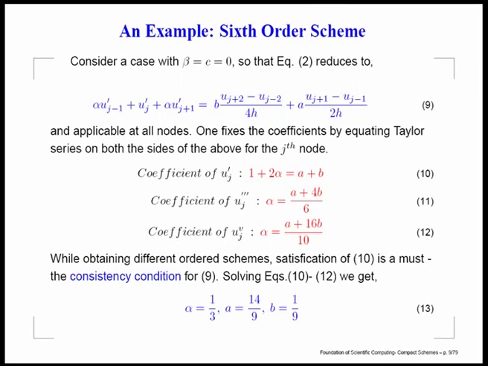So what happens is these three constants are found by solving these three equations, 10 to 12, and that's how you get the three values of these constants. These are a unique set of values of constants for this particular case, and since you have satisfied the Taylor series expansion 9 up to the fifth derivative, the next dropped term is the seventh derivative. That's why we called it a sixth order scheme, and I emphasize the fact that